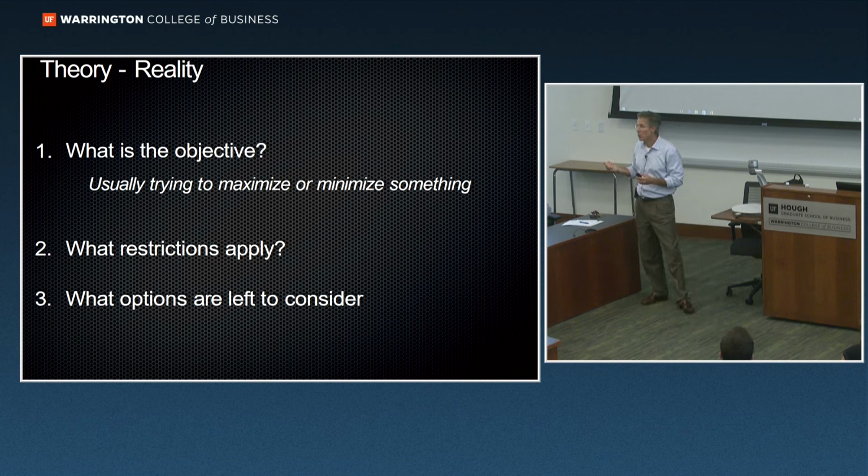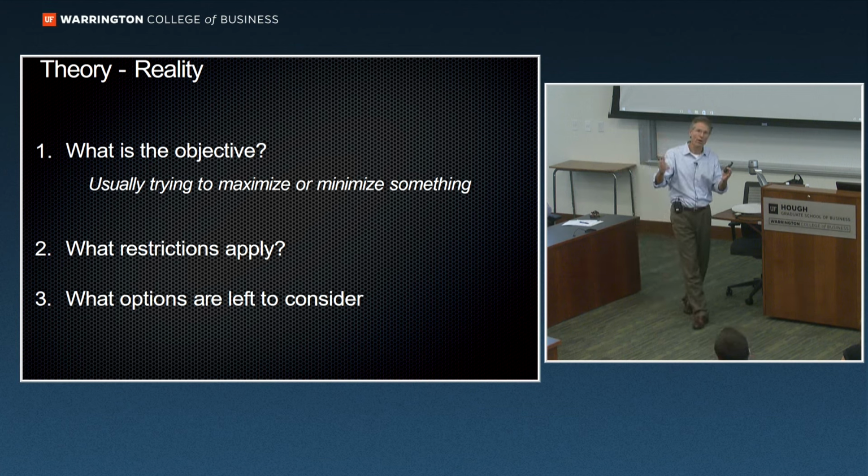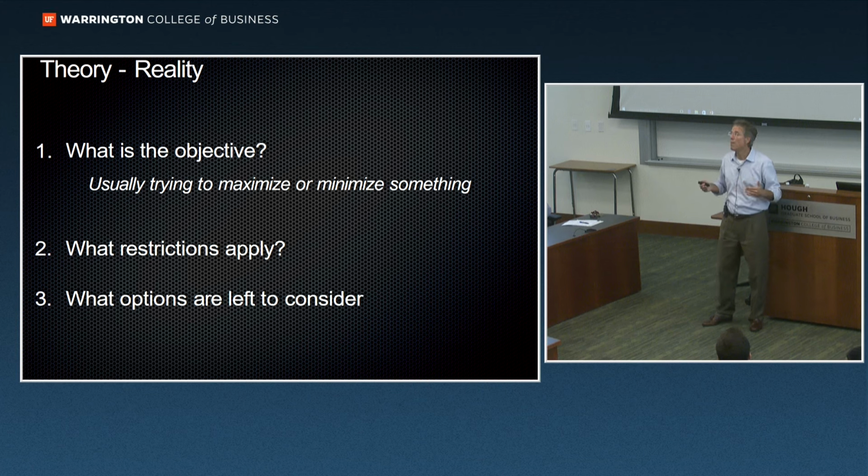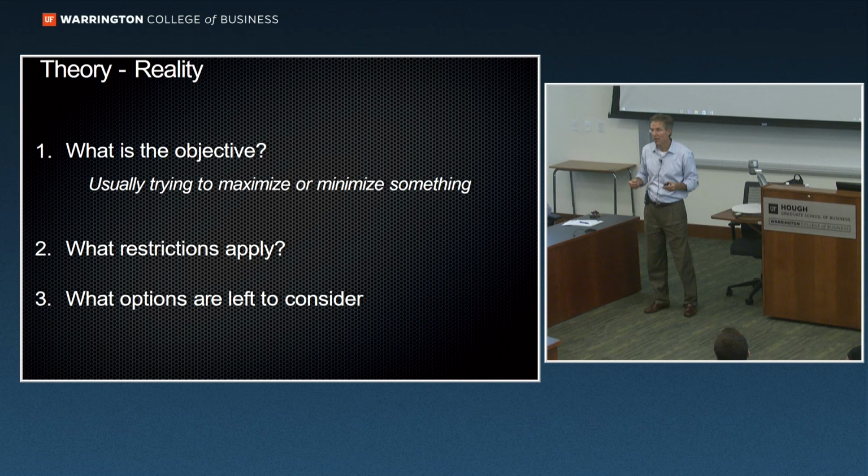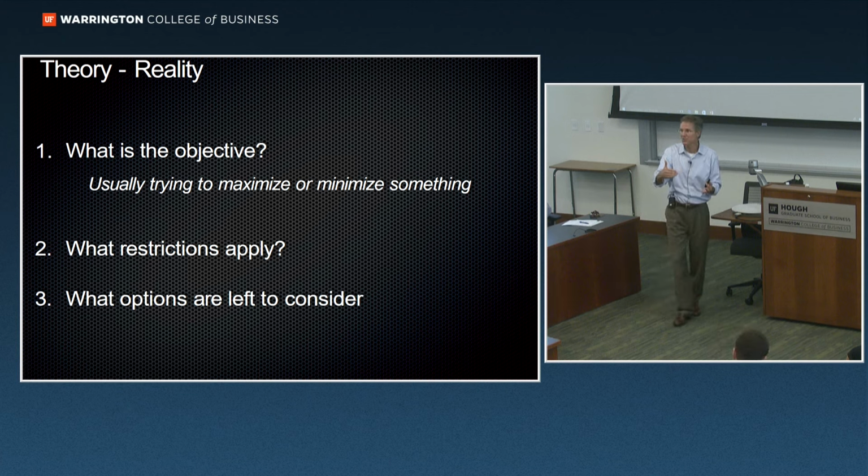It's important to understand what restrictions apply. We don't want to worry ourselves with problems that are not even part of a possible real-world solution. I'm trying to think of one off the top of my head, but a budget is a good one. You go to the mall and see 3 different articles of clothing that you like. Well, if you've only got $150 and each one of them is $50, you've got to make a decision here. I can only get at most 2 of these things. I have a limit as to what I can do.